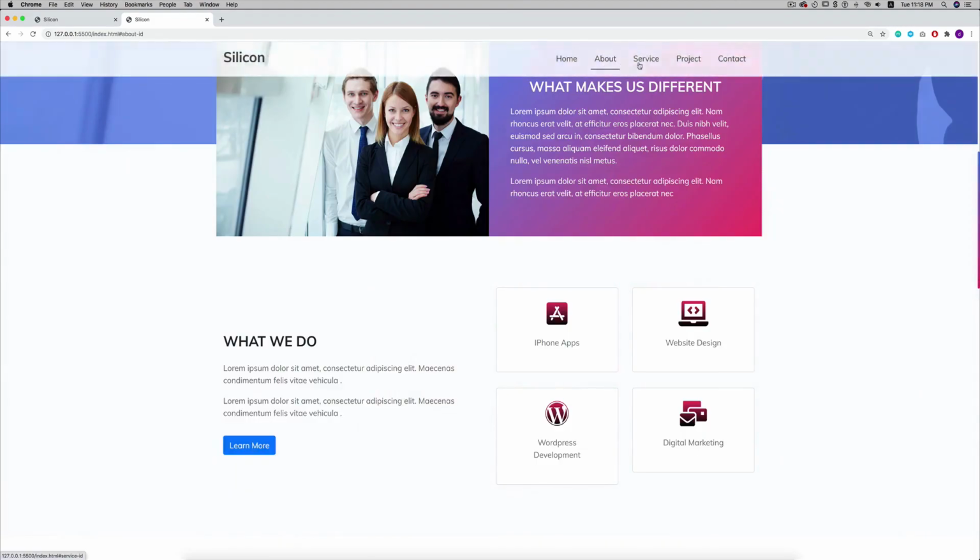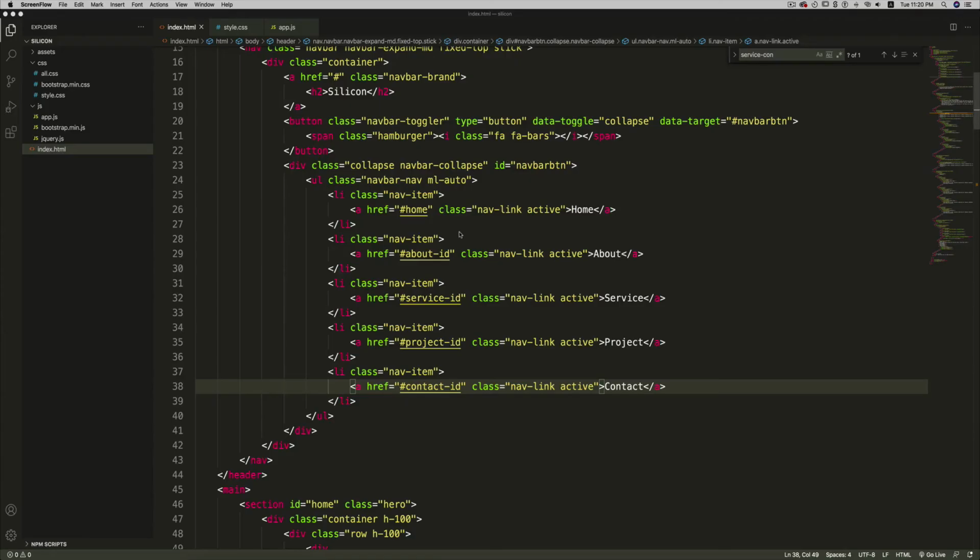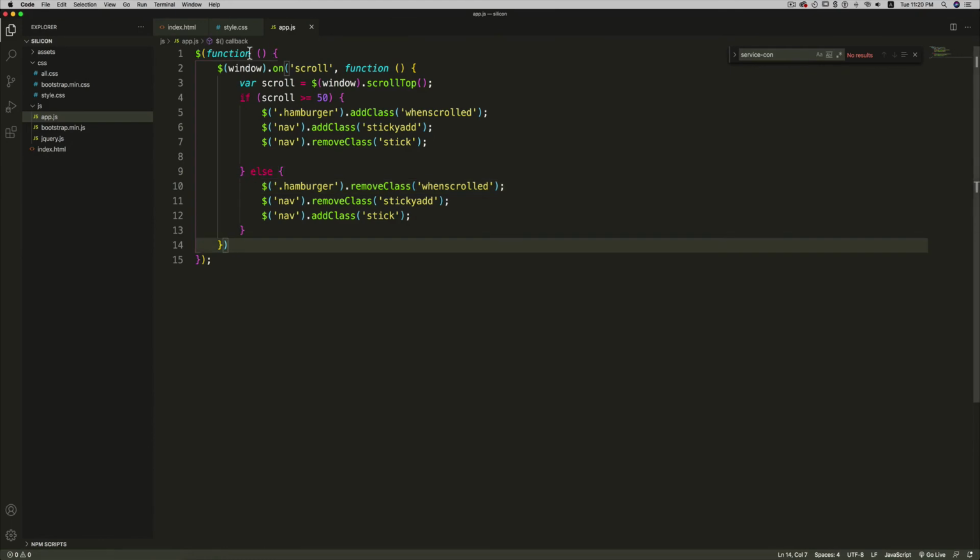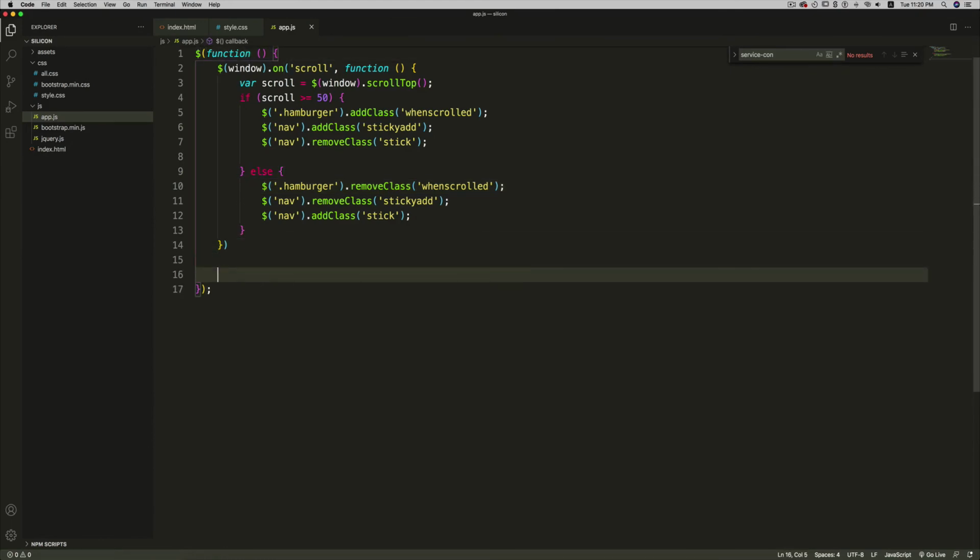So now let's add that smooth scrolling effect. So open up app.js file, and inside this function I'm going to write, so $, I'm going to select the nav bar, nav, then a href, then caret symbol, the caret sign, equal for all hash value. So when any link with hash value on click, I'm going to add a click event listener. Then I'm going to assign a callback, so function, and I pass the event object.